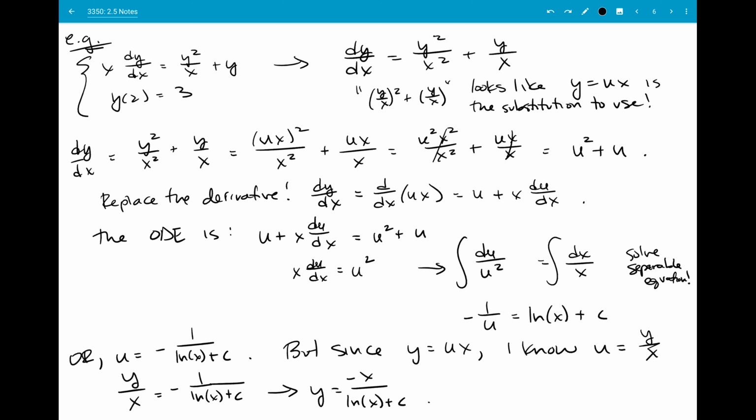There will be a temptation to, at this stage right here, plug in 3 and 2, and that's just wrong. So that's the last example we're going to do with this type of substitution. We'll go ahead and solve for a different